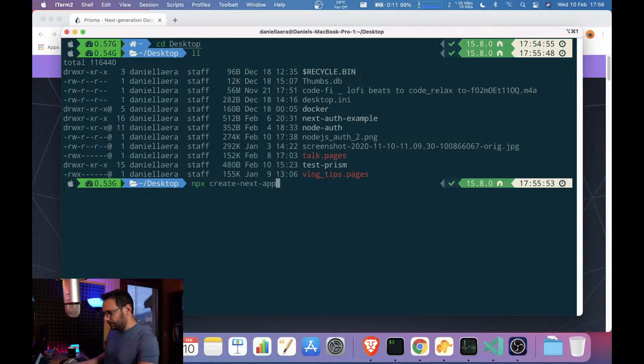So, npx create-next-app. What is your project named? Let's call it live-next-prisma. It's kind of a tough name.